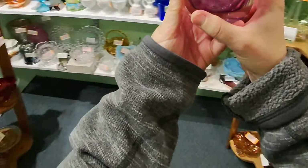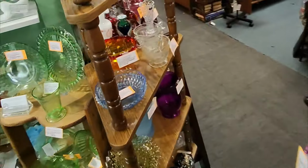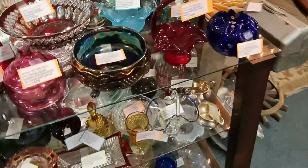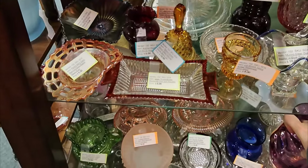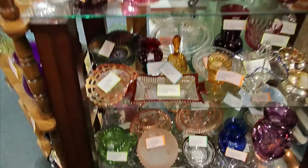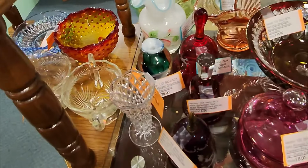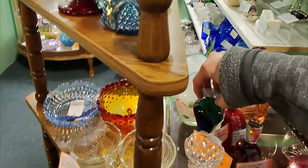So had it been, I probably would have got it, but since it's not such a well-known brand, I did put it back. Probably will regret that, but it's okay. It's all right. It's all right. If it's there next time, it was meant to be. That's always my mantra. And then up here, they had some bells, more Fenton up here, candy dishes, and I